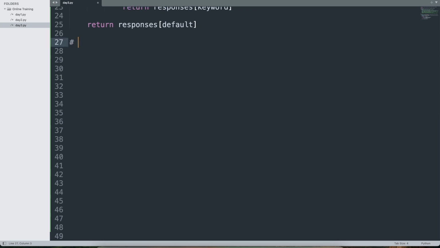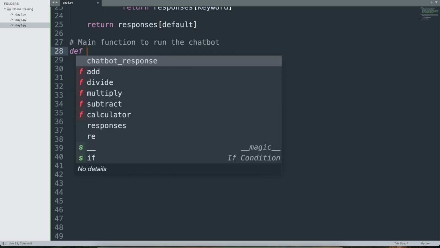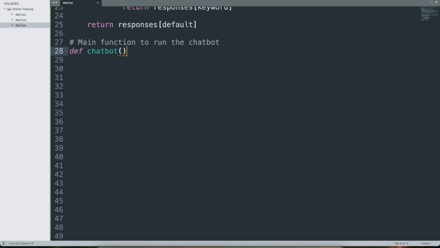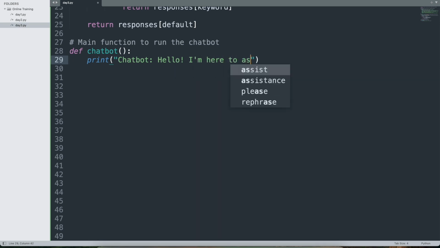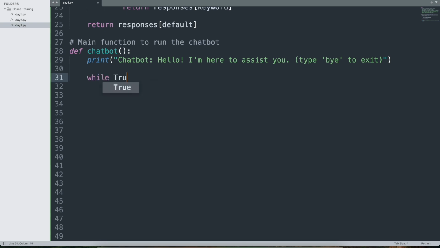Now next thing is I will write the main function to run the chatbot here. So I'll say define chatbot, and inside this I'll say print. First I'll give a print prompt, chatbot: hello, I'm here to assist you, and I'll ask the user to type bye to exit, so I can have a loop running constantly listening to users, which is here. While True,